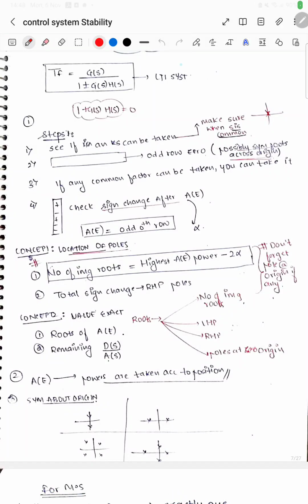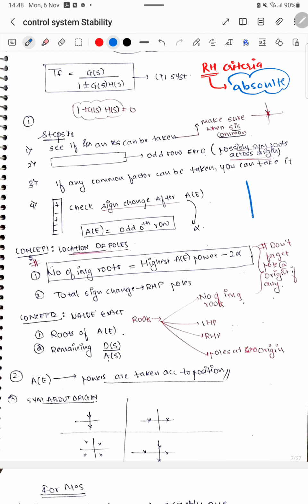So let us start with Routh-Hurwitz criteria, RH criteria. Now let me tell you that RH criteria is used to find out absolute stability. Absolute stability meaning what? Location of poles. The poles lying on the imaginary axis, poles lying on the left half, poles lying on the right half of the s-plane. Everything you'll get: pole locations, and you can get